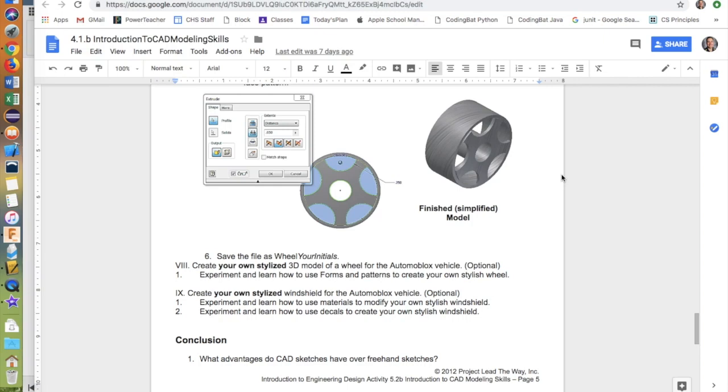This is going to be a simplified version of the Automoblox wheel. It's not quite as complex as the wheels in the real parts, but it's going to have 5 circular cutouts and be the correct thickness, and it would be able to work with the actual car. So we're going to start out with 2 circular parts that have a thickness to them, and then add the